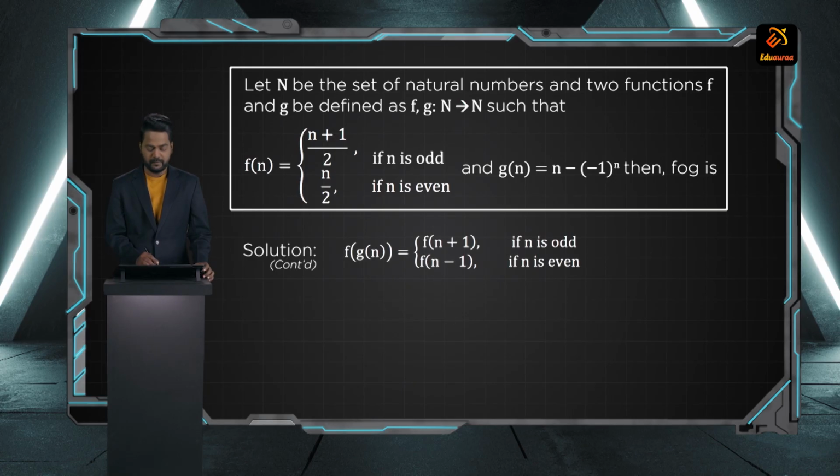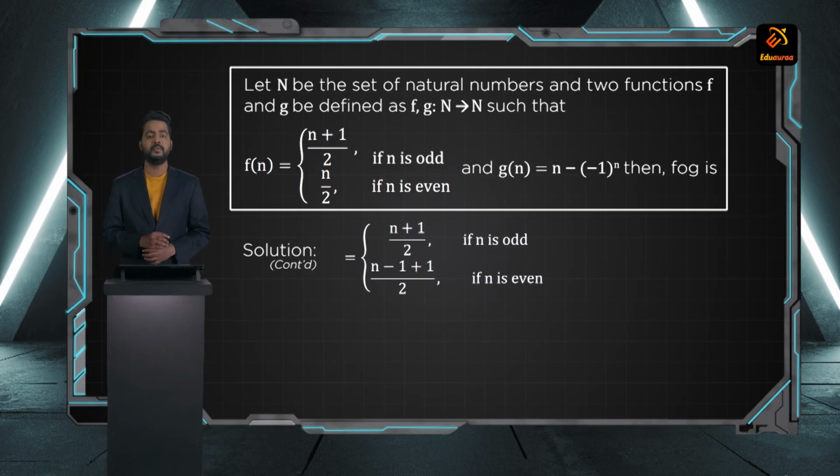So f of g of n will be equal to what? f of n plus 1 if n is odd, and f of n minus 1 if n is even. So the answer for f of g of n will be equal to what? n plus 1 upon 2 if n is odd, and it will be equal to n minus 1 plus 1, the whole upon 2, that will be equal to n upon 2 if n is